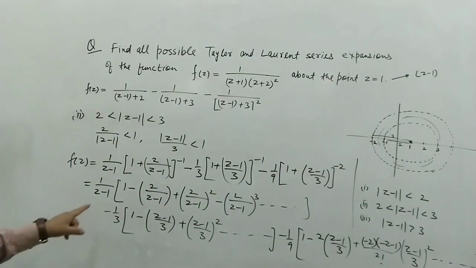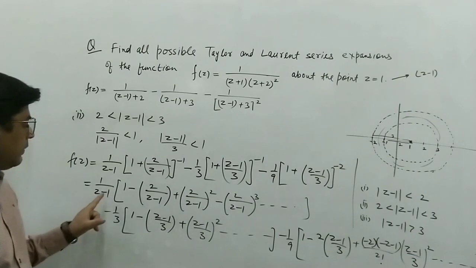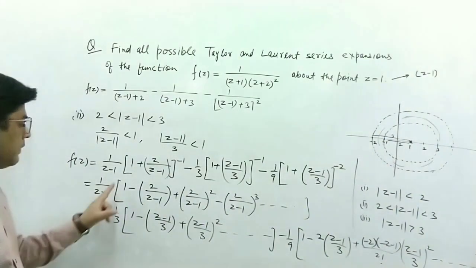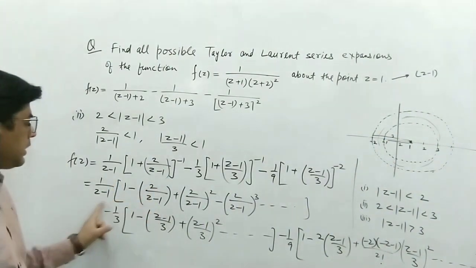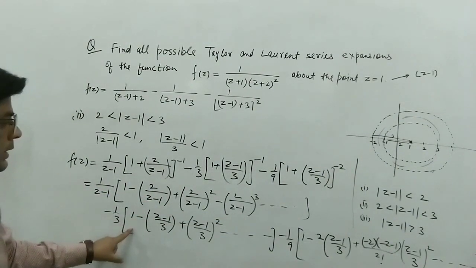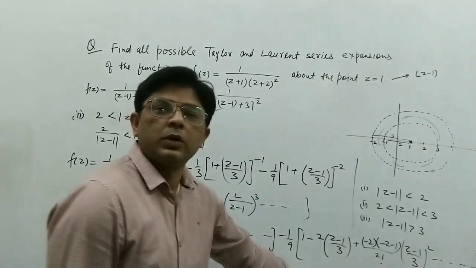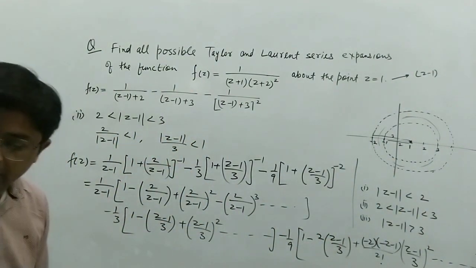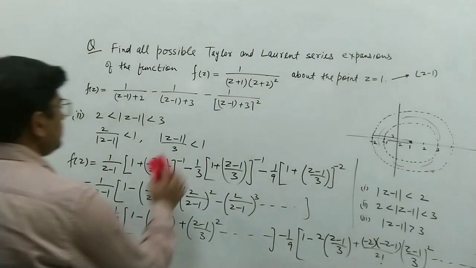Here we see that we can multiply this 1 upon z minus 1 inside. So this will be 1 upon z minus 1 minus 2 upon z minus 1 square and so on. And here we multiply this 3 inside, this 9 inside. So after collecting all these terms, we can write the final series as,